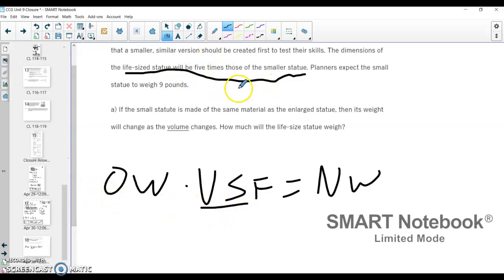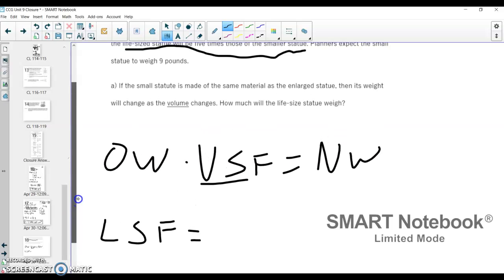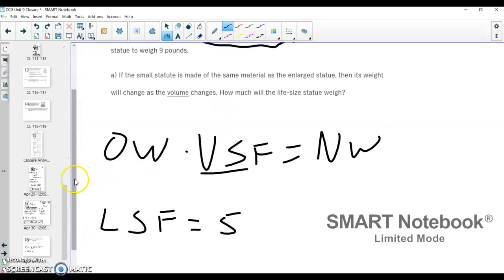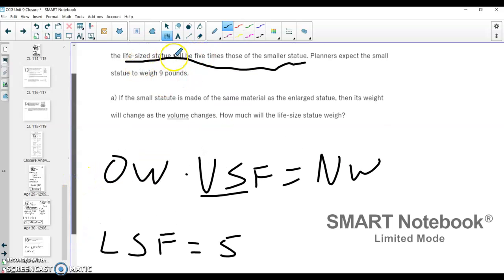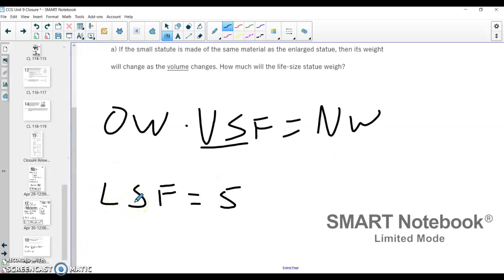Well, the thing I underlined so poorly up here tells me what my linear scale factor is. My linear scale factor in this problem is 5, because the dimensions are 5 times bigger. From small statue to big statue, the dimensions are 5 times bigger, which means linear scale factor is 5,